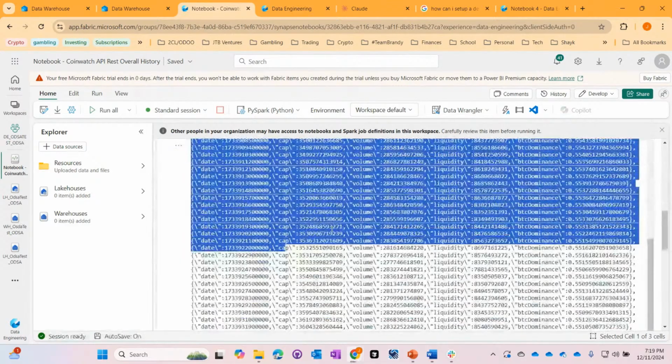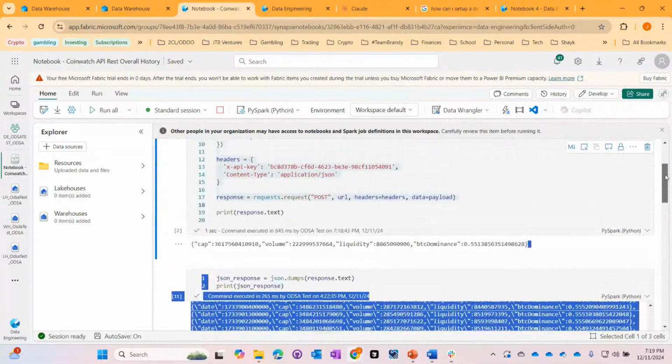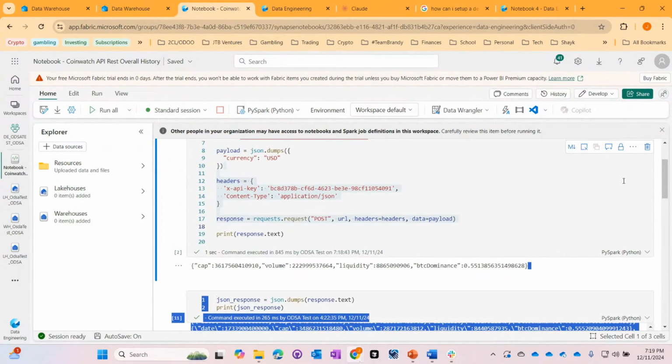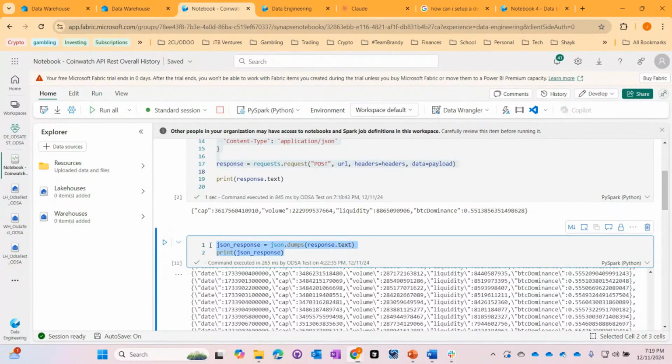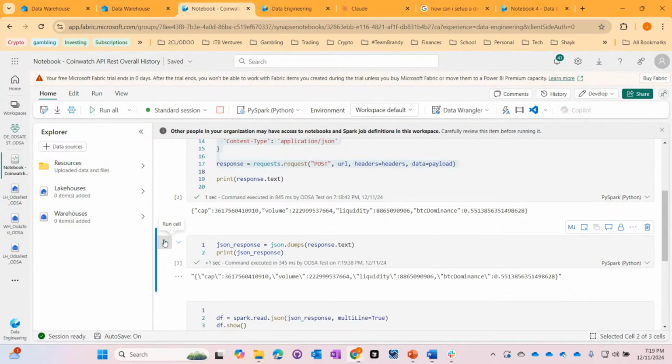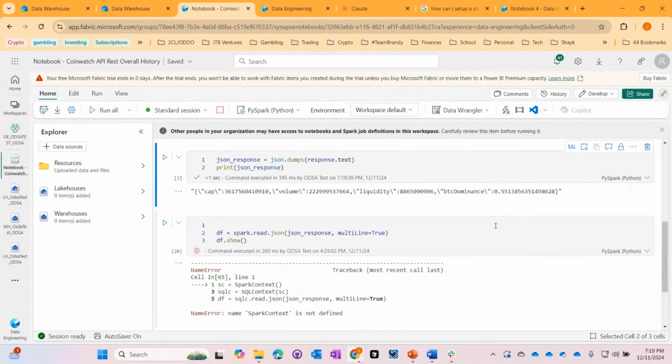Okay. We have like a little JSON file. It's a single record, but it is a JSON file. So one thing that we can do, once we have a JSON response, is parse the JSON using the JSON library in Python with a function called dumps. So it doesn't look too much different, but it is now in a format that we hope will work here